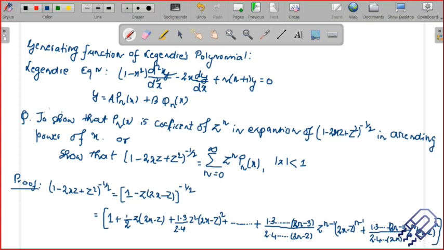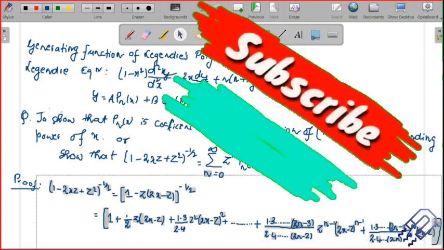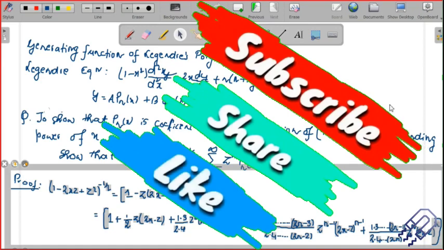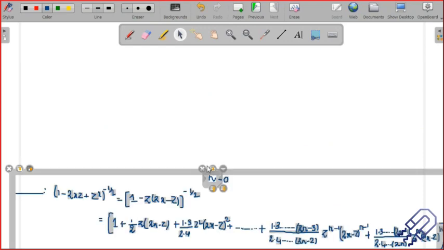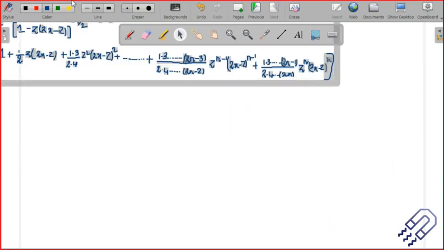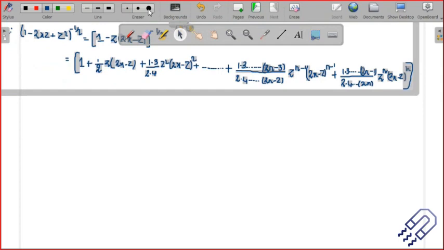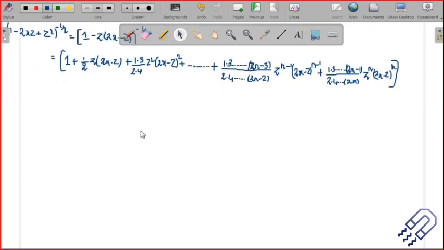So let me just copy this and take it to the next page, otherwise we cannot keep track, it's a bit difficult. Okay, let me copy everything here. You don't really need the first slide, check the second line now. Okay, so we have this expression now, and now what I want to do is equate the coefficient of z to the power n, okay? So the next step is the coefficient of